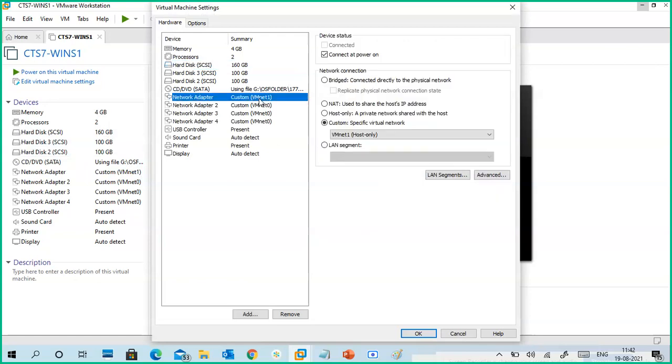So the first NIC is VMnet1, which means it's host-only for communication between my laptop and the virtual machine. And these are VMnet0 for the internet connection, meaning physical network access is also there. So I have three NICs. I will tell you why I added multiple NICs. One is I want to show you what NIC teaming is in Windows Server. The second is for external switches. Okay.